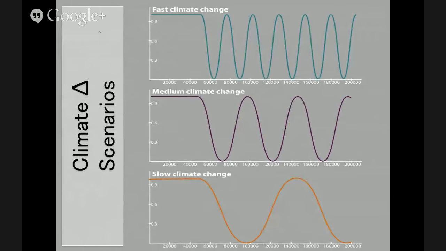What's important to note is that to date, no study has actually examined the combined effects of all of these variables on macroevolutionary patterns in a dynamic environment. By a dynamic environment, I mean the climate is changing. And we used 3 different climate change scenarios. So here we have a fast climate change scenario at the top, a medium climate change scenario, and then a slow climate change scenario. For each of these scenarios, we looked at 2 climate variables, temperature and